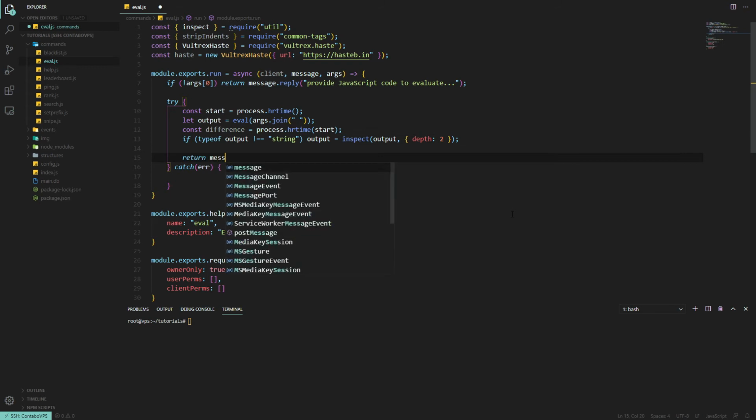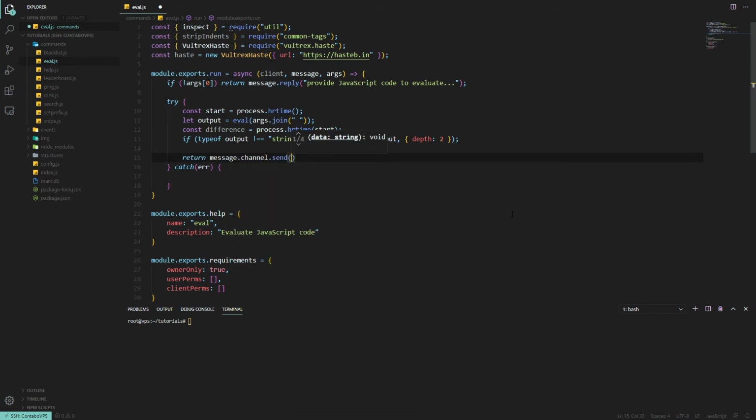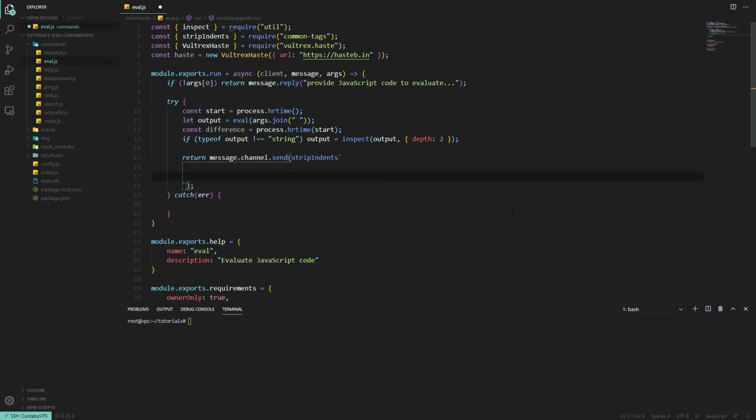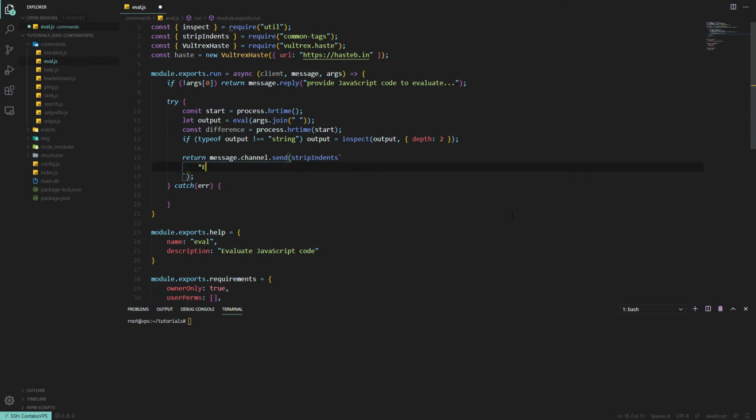Now, once you've done that, we just want to return message.channel.send, and then this is where stripIndents comes into play for our formatting, so it'll look much nicer. So instead of doing \n, we could just literally do a new line, and it would do that. So you want executed in difference[0] greater than 0. So if it's greater than 0, then we want difference[0] and then seconds, otherwise nothing,